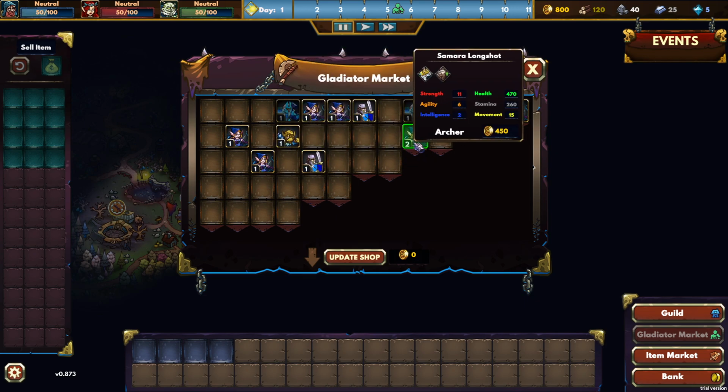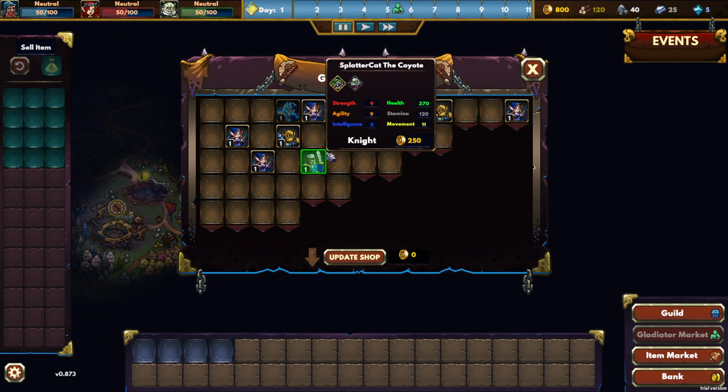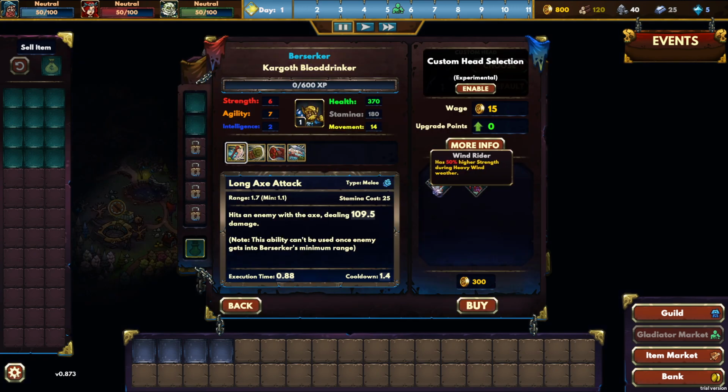But how about we pick up maybe a berserker? There's a level 1 berserker who's a wind rider, 50% higher strength during heavy wind weather, and an old vampire. Damaging enemy restores 5% of maximum health. That's really cool, but he only has 6 strength, so his long axe only deals 109.5 damage. He has similar stuff, but yeah, not quite as good. He is level 1, which means we could develop him more to our liking, but